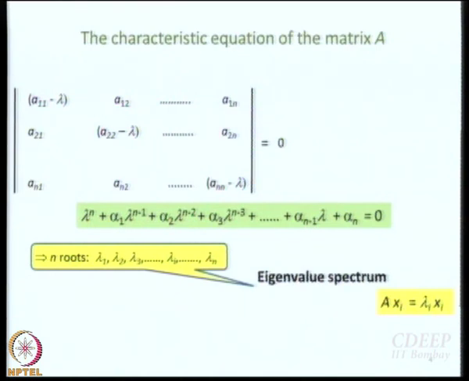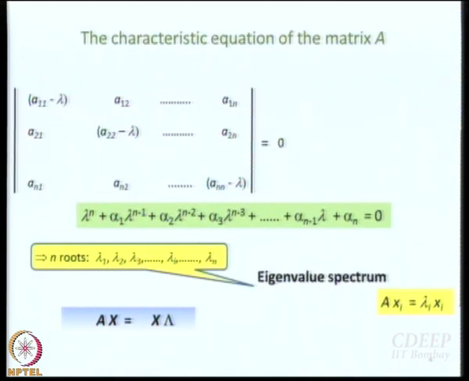And then what we said is that these xi's are all column vectors. So, instead of writing n number of equations, it is better to write one equation and combine all the column matrices into one square matrix, which is n by n. When you do that, then we write it like this, A capital X equal to capital X lambda. What is lambda? Lambda is a diagonal matrix, right, and in its diagonal it has lambda 1, lambda 2, lambda 3, all the roots.